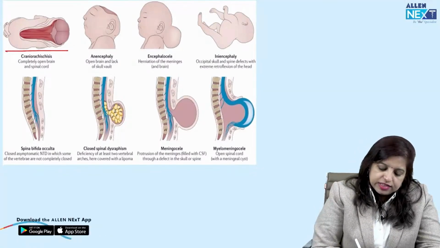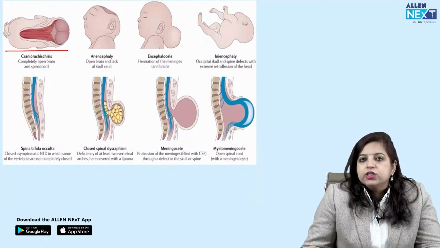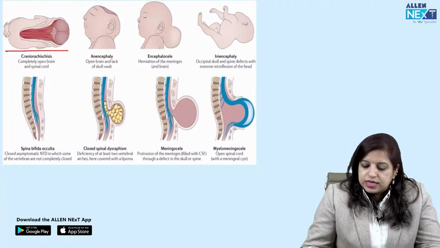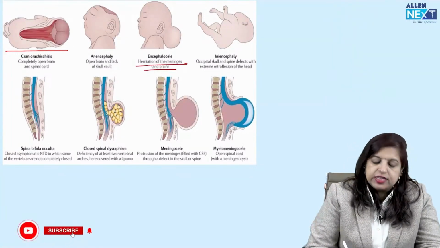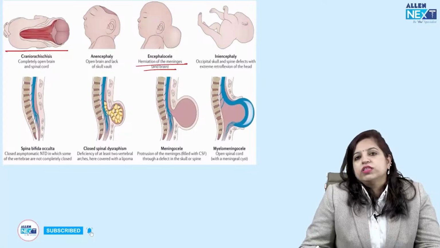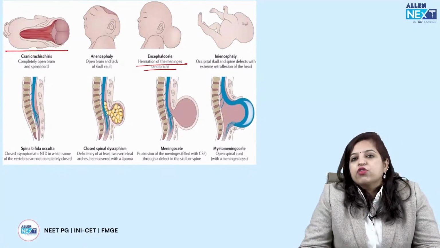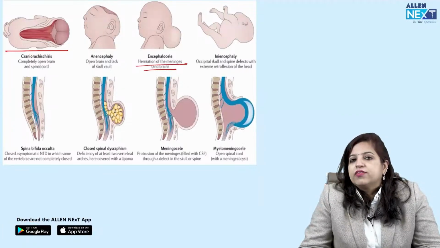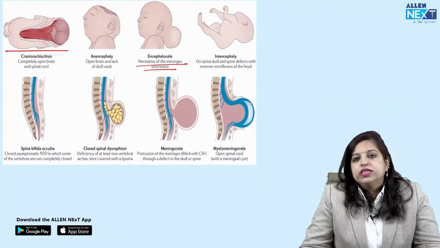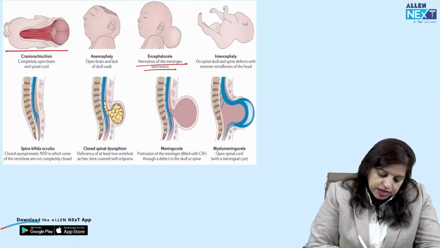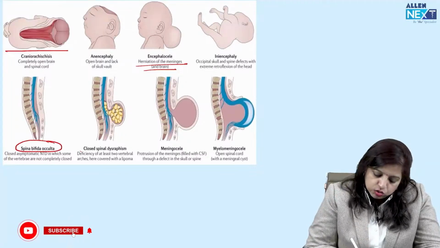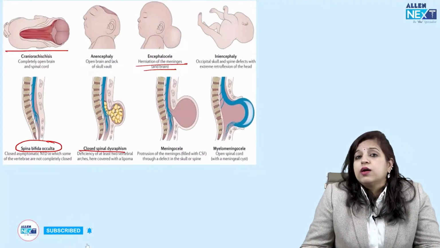Then anencephaly, where there is lack of the brain tissue, only there is a rudimentary brain stem. Then we have encephalocele, where there is herniation of the brain along with the meninges. Then iniencephaly, where we get to see retroflexion of the head along with encephalocele and craniorachischisis of the spine and the head. And then we have the spina bifida occulta, closed spinal dysraphism, or the lump in the lower part